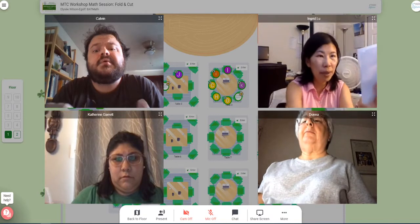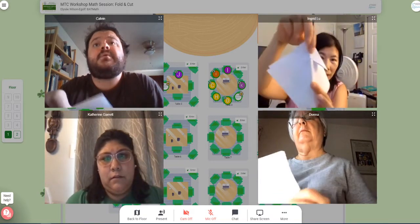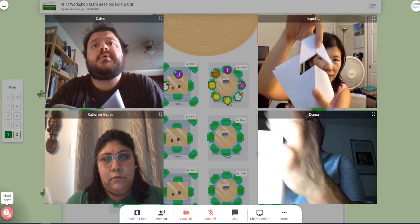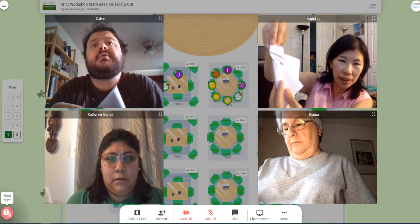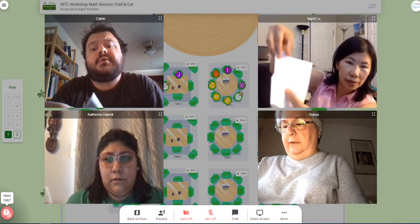Well, what if I put it back in for you? Look, I did it this way. See that? Okay, so it is that diagonal from the folded corner, so down. I basically folded it this way. Because it's rectangular, it's not a corner, it's not a...